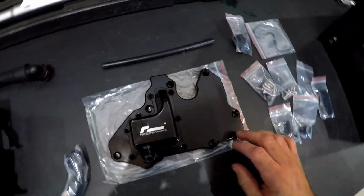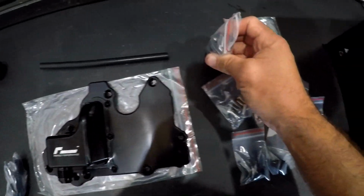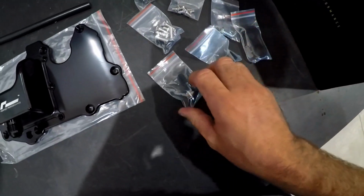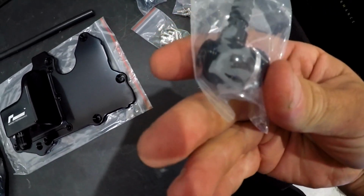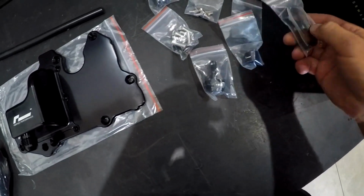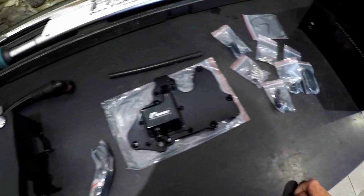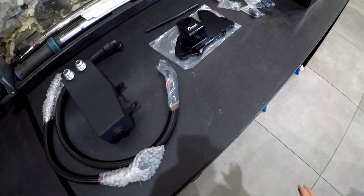Constructed pretty well, to be honest. Another little hose, loads of little fittings and stuff, O-rings, screws, all of the stuff to complete the kit. A couple more little fittings for the hoses to go on, a little bracket to hold the hoses together. So the point of fitting this kit,